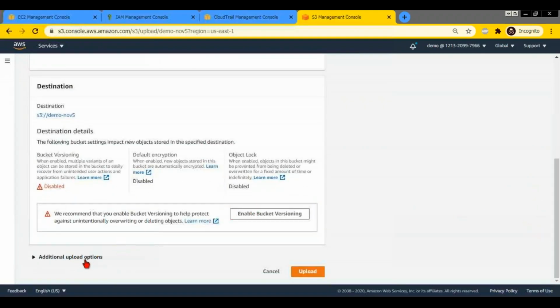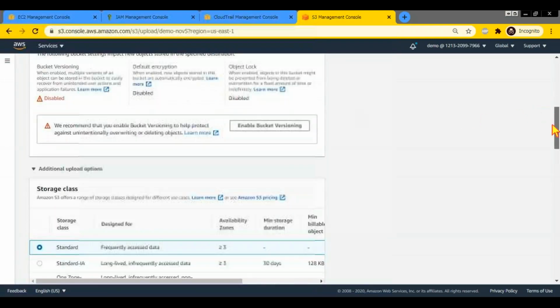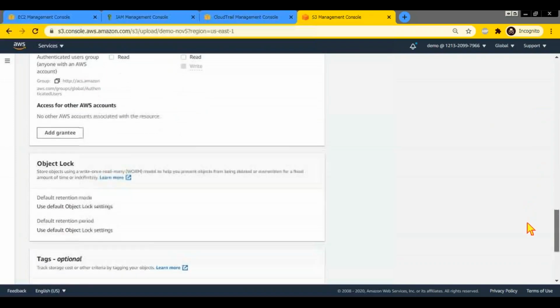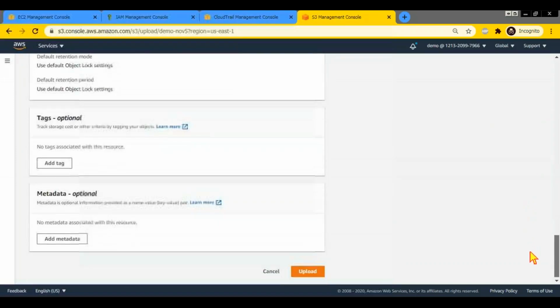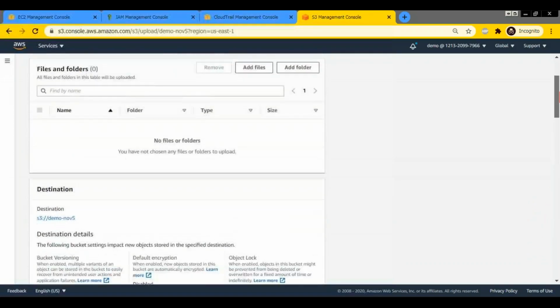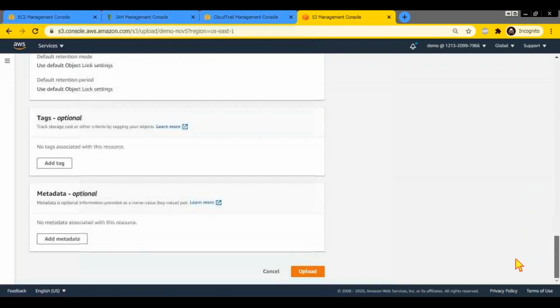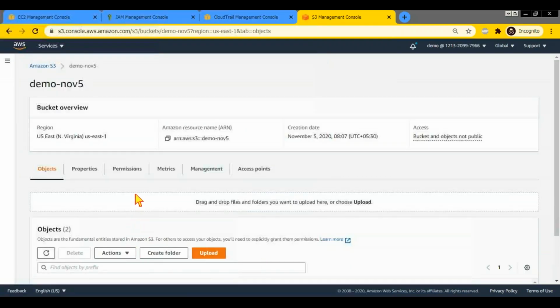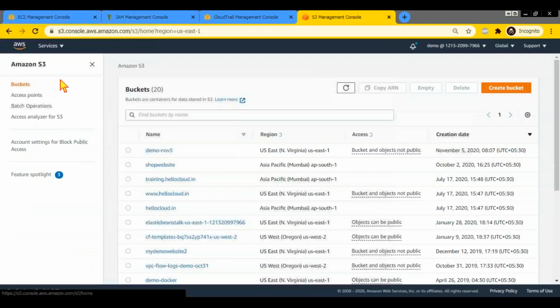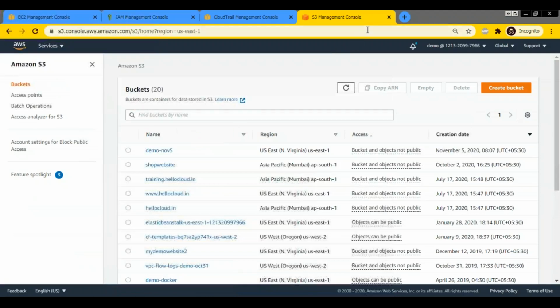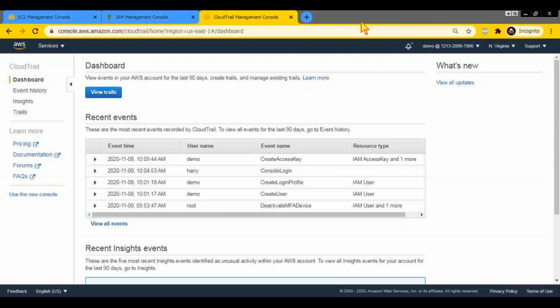Whenever you try to upload some object, one warning used to come saying that if the object exists, it will be overwritten. You had to say I agree. Now they seem to have removed it. People might have complained about it. They have removed it, but it has become a lot more scrolling to simply upload a file. They have changed a lot of things. If you try to remove something, the GUI has changed. It's a little annoying to use a lot of their present GUIs.